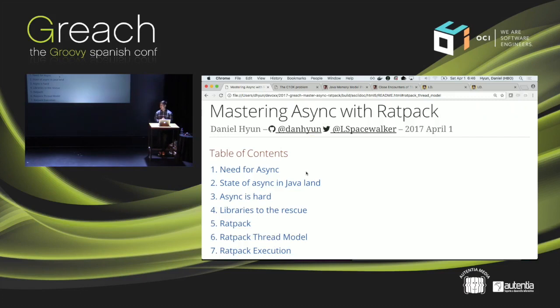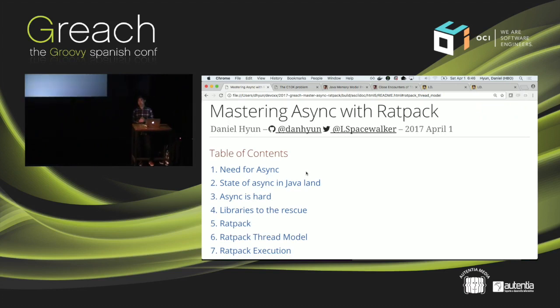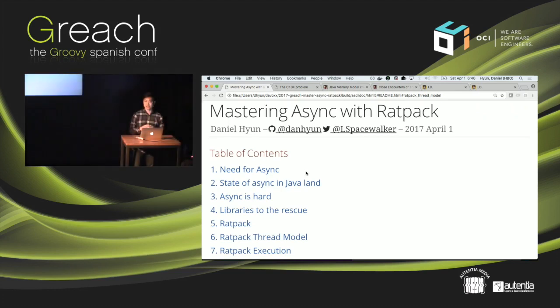All right, welcome. So today we're going to talk about Ratpack. In yesterday's session, we did a bit of an intro talk, a very high-level view of Ratpack and how you might go about implementing a REST API. And there was a lot of information embedded in there that I wish I could explain